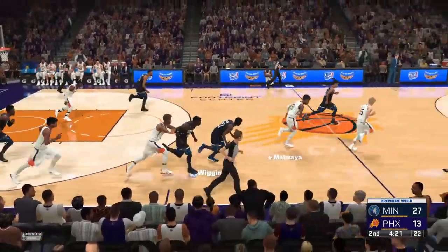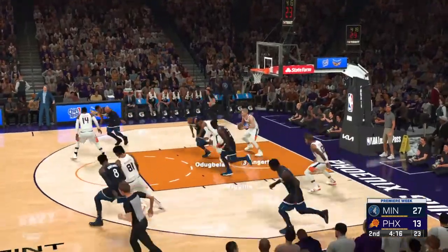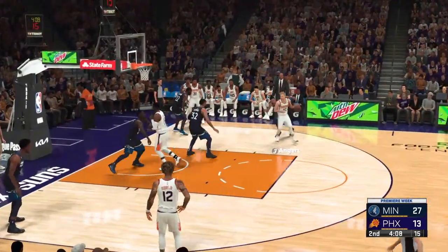And stolen by Wiggins. And here we go. Fast break. Wiggins has got it. And blocked. That one goes careening off the glass. And we're about 2 minutes in